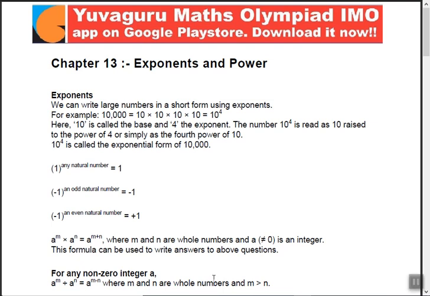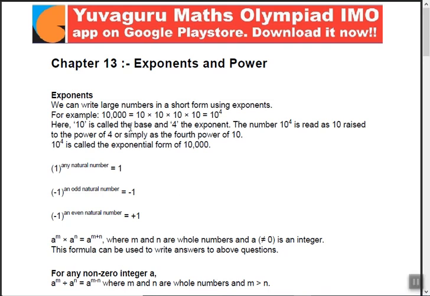Let's start. The theory given in this app is useful for CBSE, ICSE and various state boards within India, and across and outside India. Today's topic is exponents and powers. Basically, we will be dealing with laws of indices over here because that is the main crux of this topic.